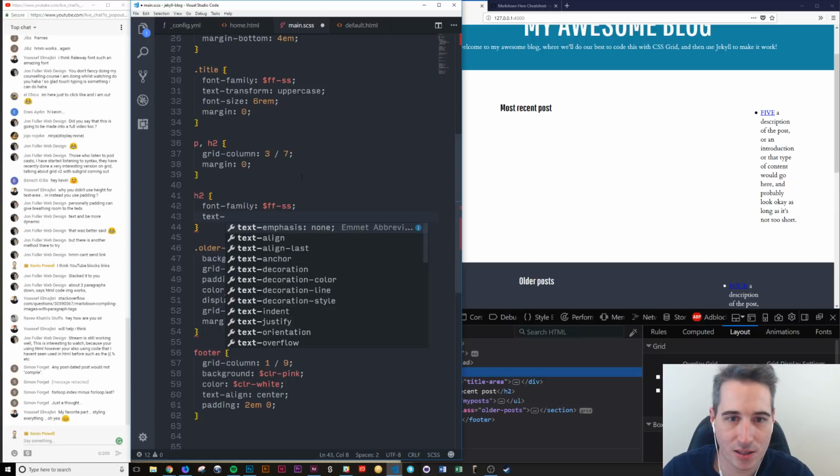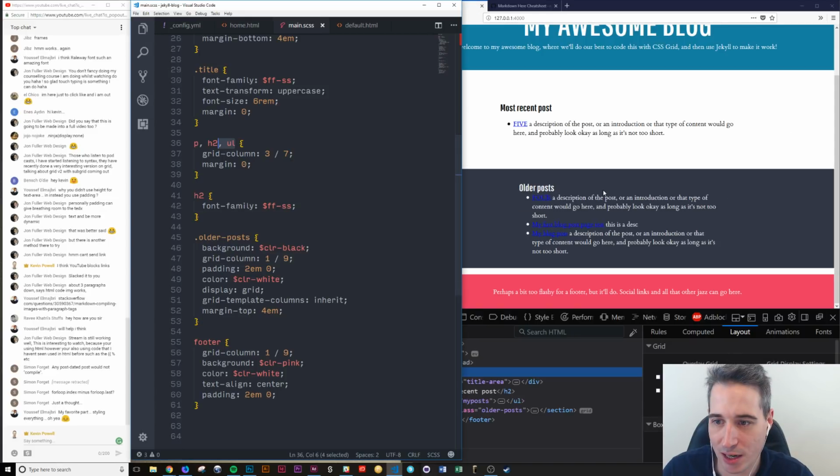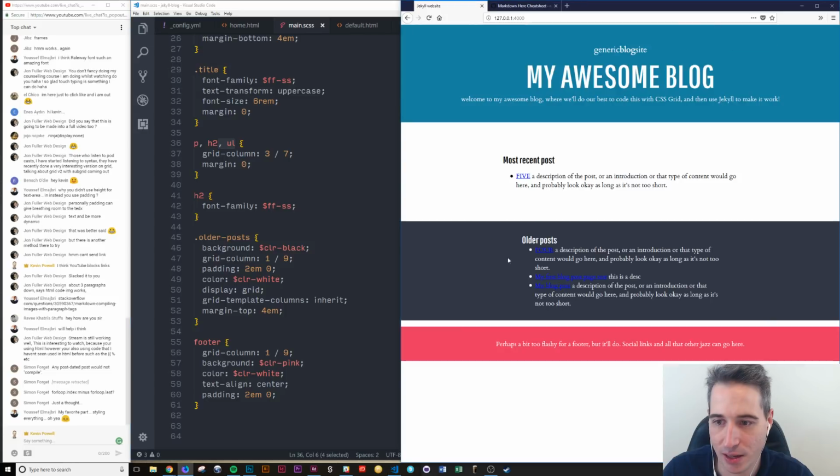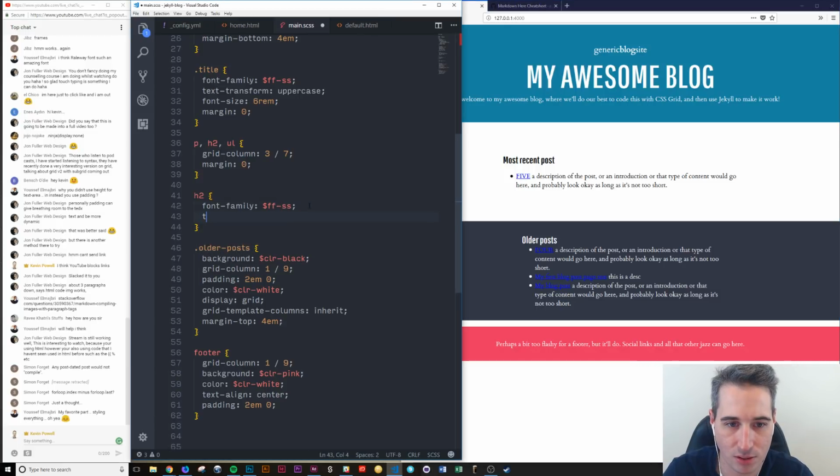They don't exist. Oh, I didn't need that up there. Hopefully they're going to come with the second specification of CSS Grid, but right now we don't have the second specification yet. So what I want to do is on my older posts, all right, H2, let's just do text transform